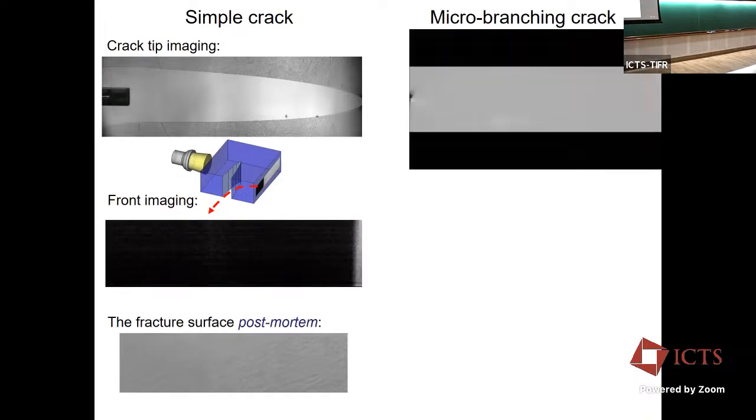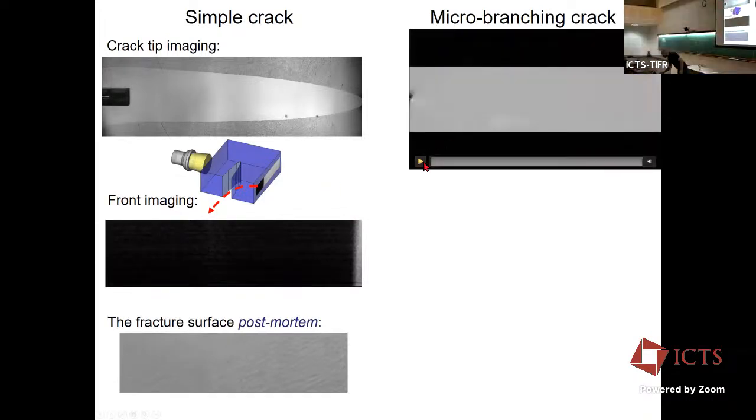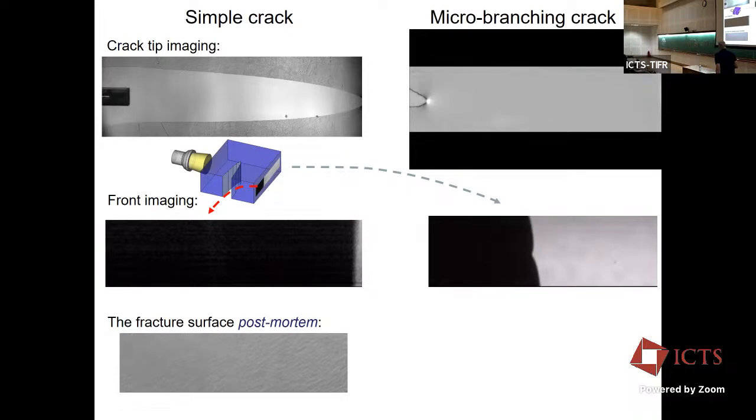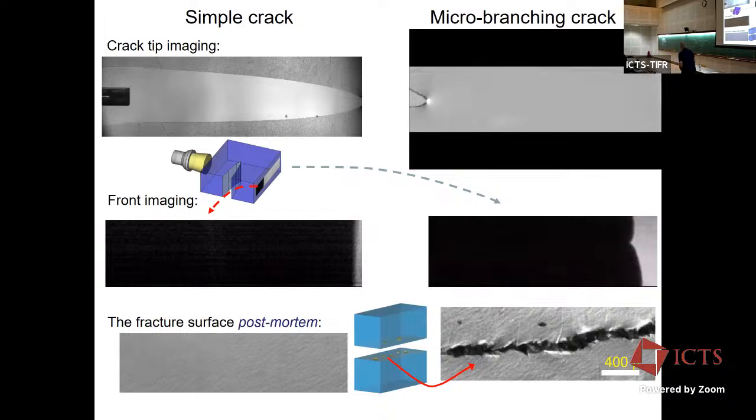Nothing really. This is a bifurcating crack, or microbranched crack. I think I can do it at the same time. And this is the crack front. I killed the other. So first of all, you can see that this crack front is, okay, the